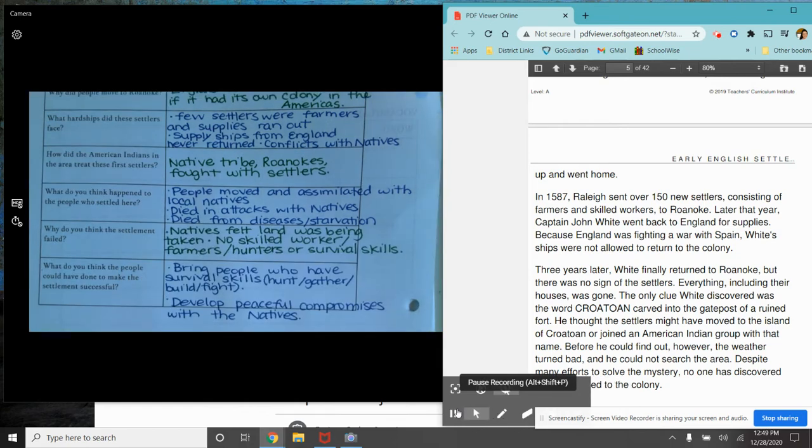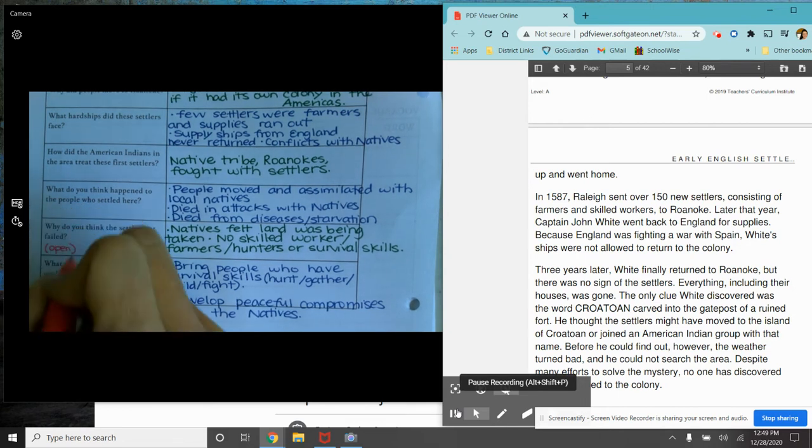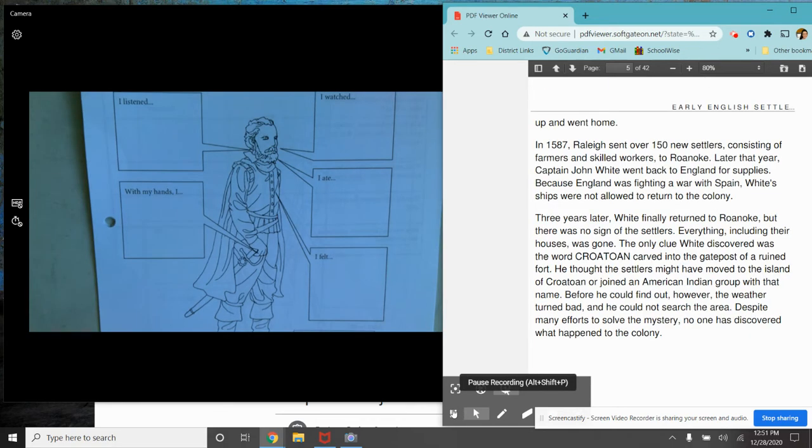All right, so again, these are both open-ended, right? Feel free to put what you think fits. These are just my suggestions based on the text. All right, so the next section, it says